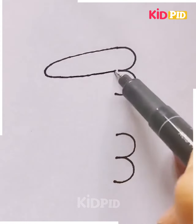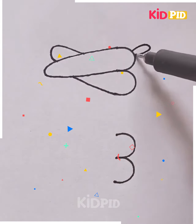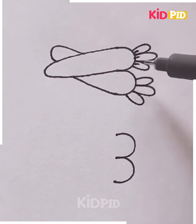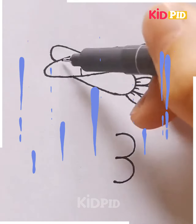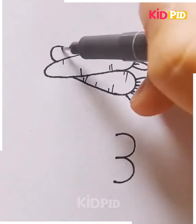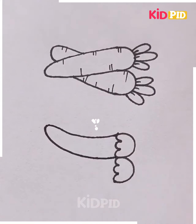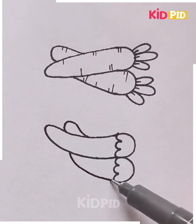Next we are going to make carrot and red chili, starting by making the carrot. We're gonna make the carrot body and then the stem of it, then highlighting it a bit by using this black pen. Then we're gonna move ahead towards our chilies, starting by making the body as well and then the